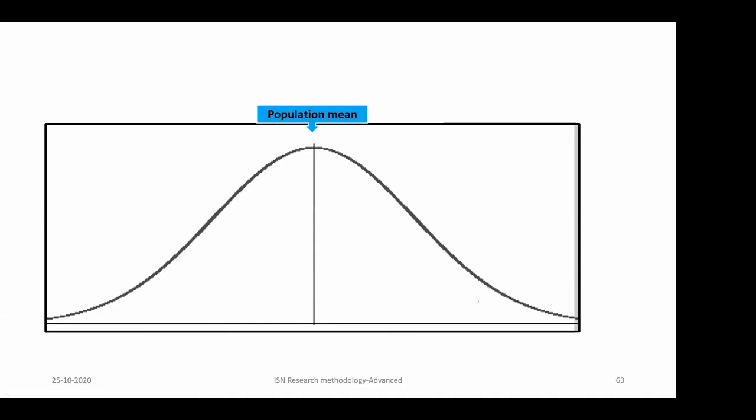Sometimes you might end up taking a sample from one end of the tail. So if we end up recruiting your intervention patients from this particular arm, this is going to be the mean for the patients. This is the sample mean 1. Now, next time, even if I don't do any intervention, according to the regression to the mean, according to the picture which I have shown, this mean has a tendency to move towards the population mean.